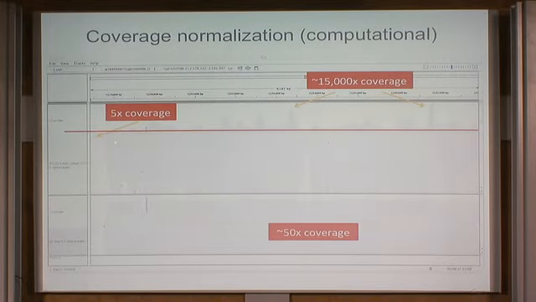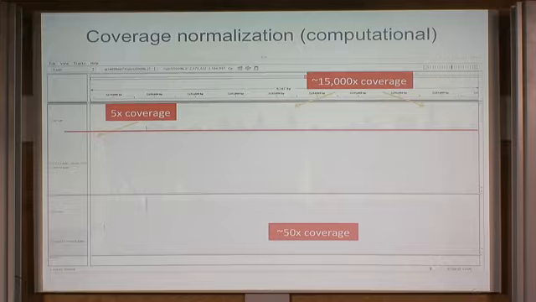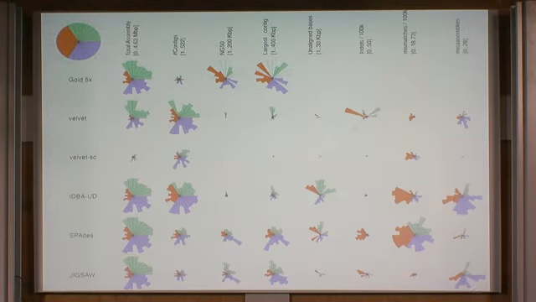the problem for the assembly is when you look at the coverage of the single cell sequencing, the coverage is highly biased, right? So you have regions with only 5x coverage, and you have regions that have like 15,000x coverage, right? And that's because of the amplification step, the MDA, multiple displacement amplification. And that's a pain for the assemblers. The assemblers cannot deal with it. So what we do is we normalize the coverage computationally to something like 50x coverage, and when you do the assembly afterwards, it looks much better, right?